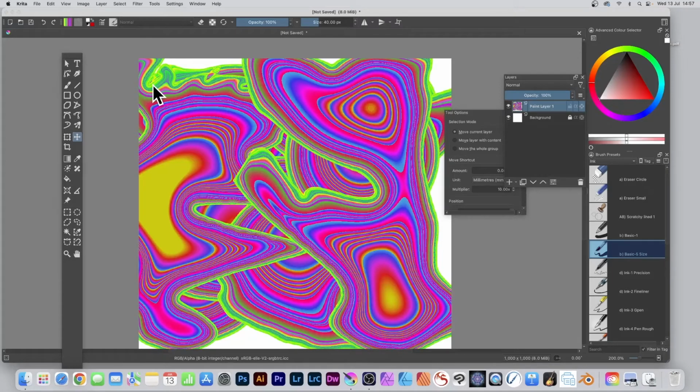How to create an abstract design such as this using gradients in Krita. Shaped gradients, so a shaped gradient which is set via the tool options. First thing to do is just go over here to the tools panel and select this one, freehand selection, and